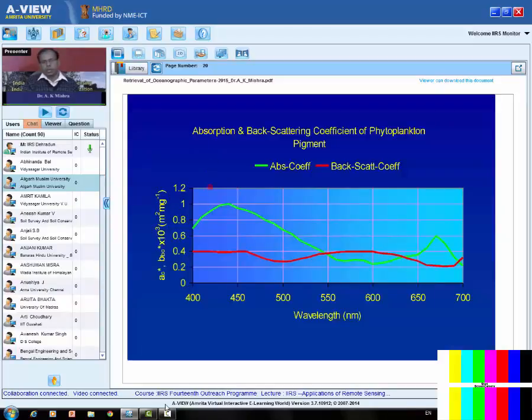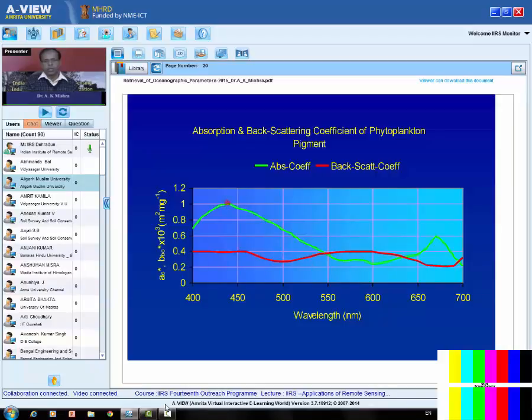So this shows you the absorption and scattering coefficient of phytoplankton in the visible wavelength region, and the green line